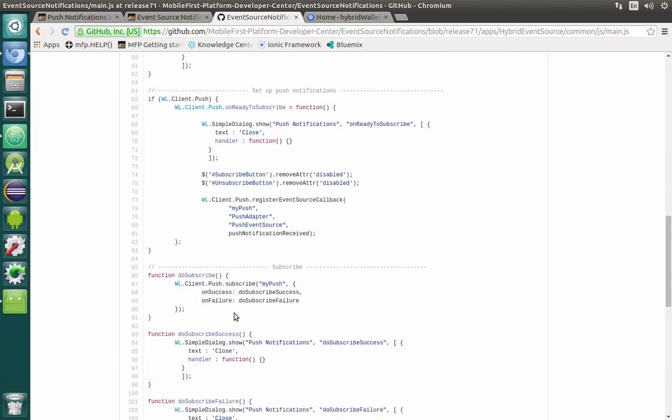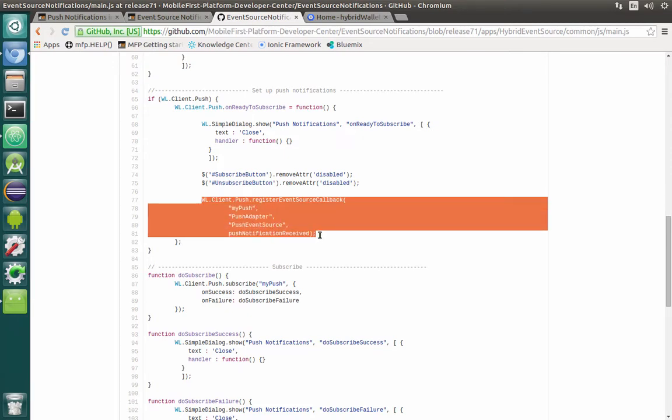And then the last step that we will use is a function looking like this, doSubscribe. So what we are doing, we are subscribing for this push event source right here by calling this function, and then they have two callbacks, again success and failure. We can even forget about that. So we can start by defining this, WL.Client.Push.registerEventSourceCallback,